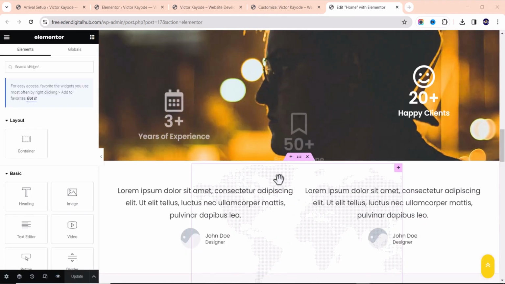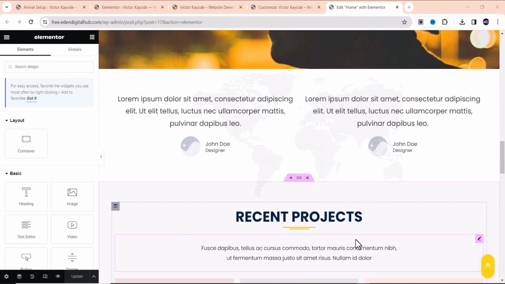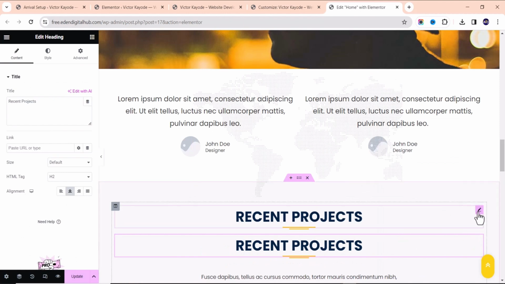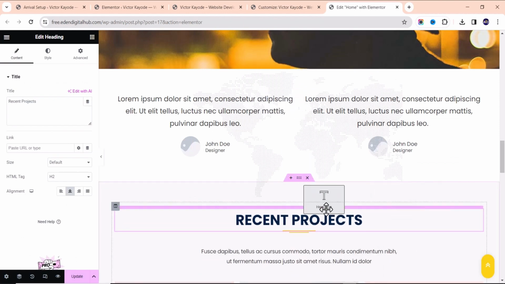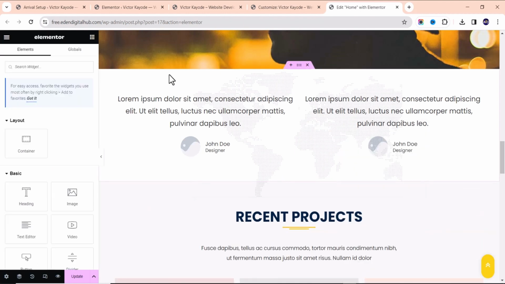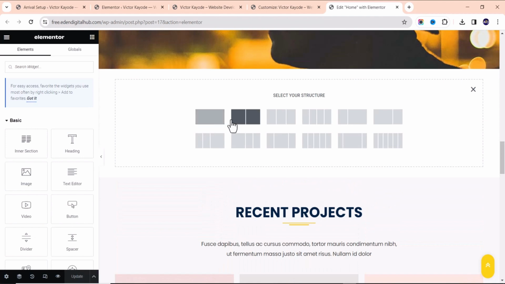Scroll, and we didn't add any heading like this one. It's not difficult. Just copy this, or let me duplicate it. It's the same thing, and drag it here. It might not work. So instead of this, what I'm going to do is that I will do this again, and I want you to follow how I'm going to do this. But instead of these two, you're going to click just this one,